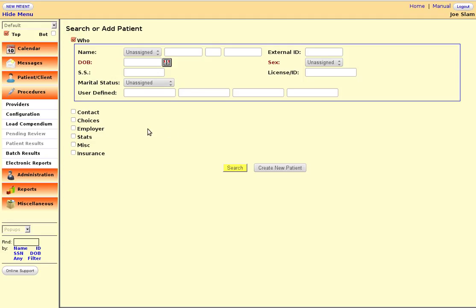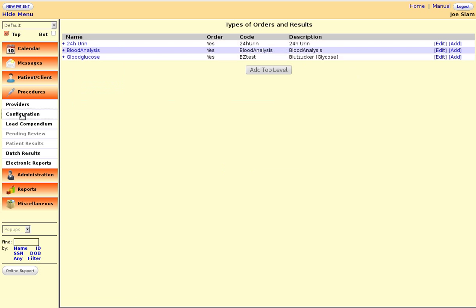So with the new Track Anything form, you are able to track any clinical parameter that you wish to track. You can track anything that is configured as a procedure. So go to procedure, configuration, and let's say you want to track pain with a numeric analog scale. You click to add top level